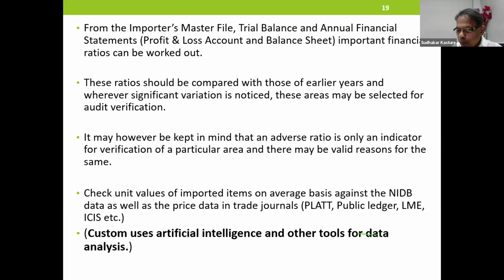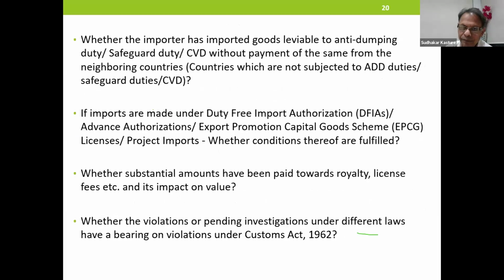Check unit values of imported items on average basis against NIDB data. Please remember, customs uses artificial intelligence and other tools for data analysis. So they will use technology the way you use AI. In the same fashion, they will use technology to work out whether the importer has imported goods leviable to anti-dumping duty, safeguard duty, or CVD without payment of the same from the neighboring countries.